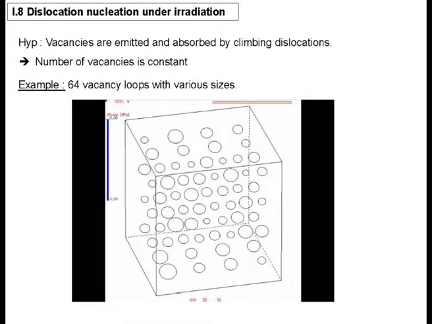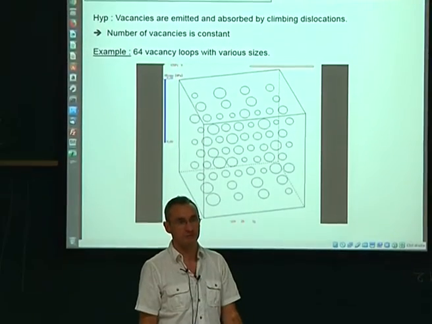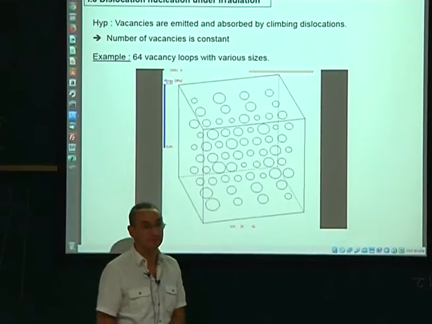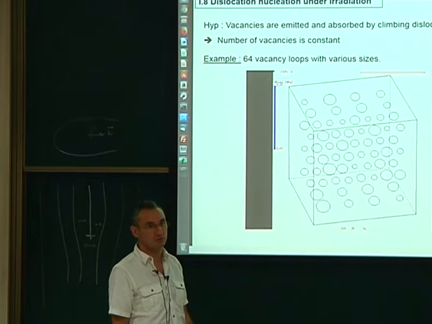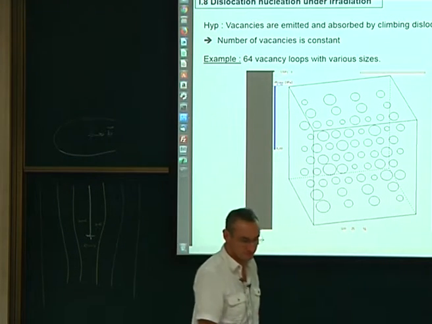In the new simulation we performed, and maybe I will show you in the next lectures, we divided the box into small boxes, and in each box we compute the concentration of vacancies. So it was a heterogeneous concentration of vacancies. And then we compute the Fick equations. So we solve the diffusion equation to have the real concentration everywhere when dislocations were moving and diffusion occurred. That's a more complex phenomenon to take into account, and this now is possible. But here it was not. Here it was a homogeneous concentration in the box. So it's a bit artificial.